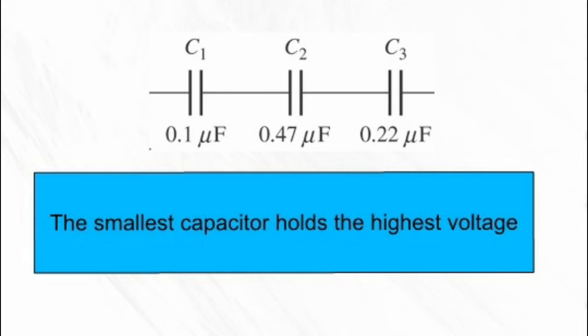So in this diagram, try to solve a numerical where 25 volts is applied across the capacitors mentioned there. You will see that capacitor 1 has 15 volts across it, capacitor 2 has 3.19 volts, and capacitor 3 has close to 6.82 volts. The summation of this is 25 volts. So you see that capacitor 1 is holding the maximum voltage, 15 volts. We will also see this in the practical.